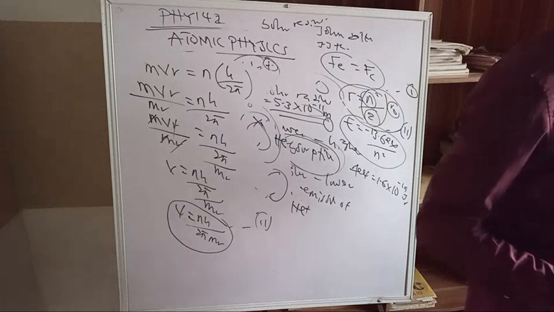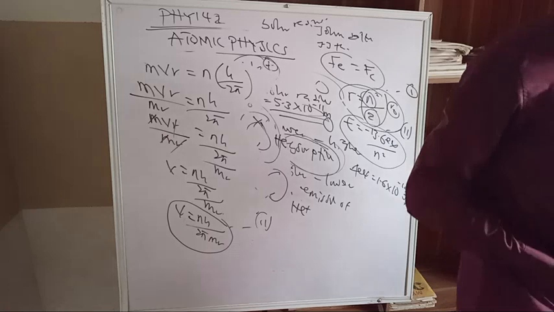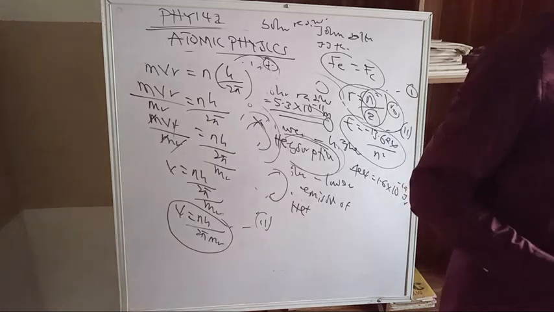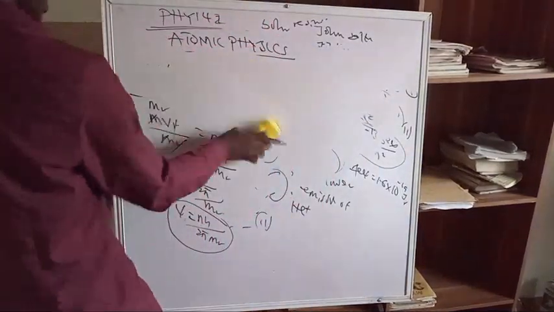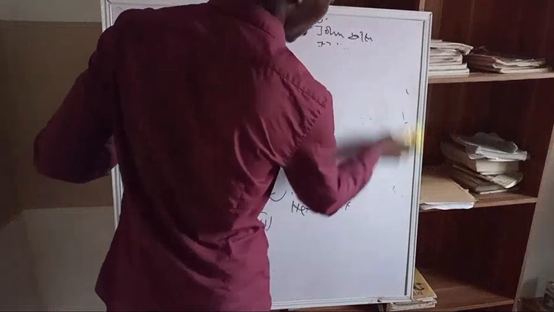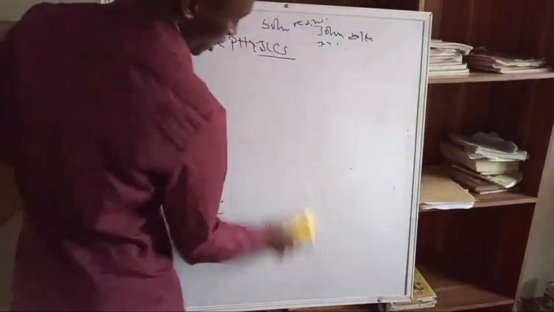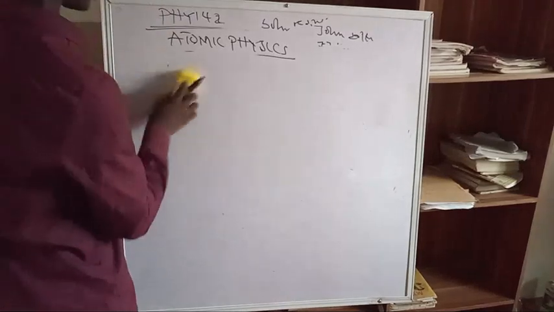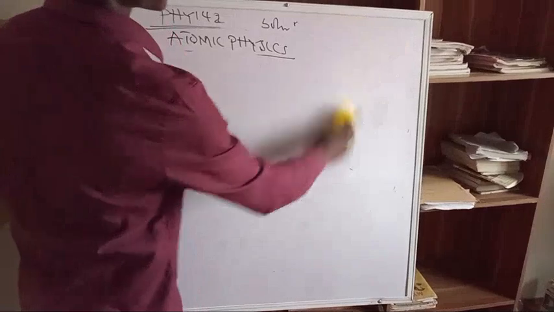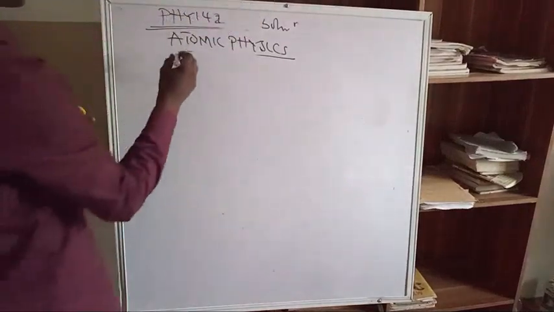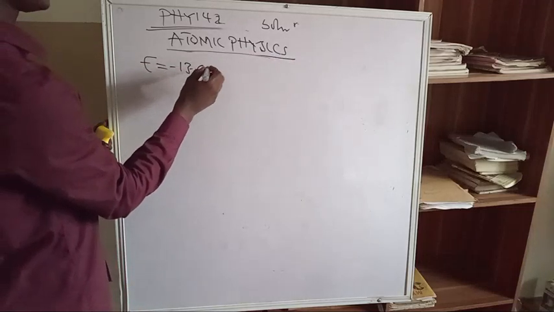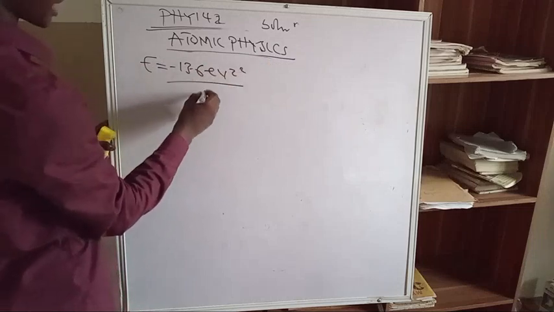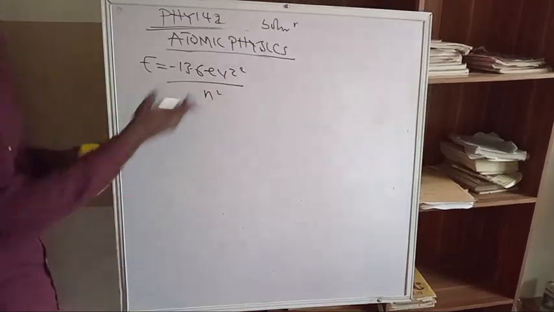Alright, so let me take one question on energy. The question says: calculate the energy associated with the K shell of a helium atom. Now, we know that the progression is from n is equal to 1, 2, 3, 4, 5, 6, progressing to infinity. That is the number of shells. Once we know how to use our formulas, we can determine any question they ask in that line. If you are to determine the energy, your energy is equal to minus 13.6 eV,